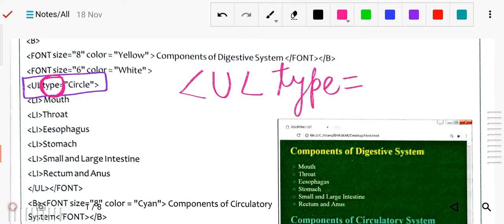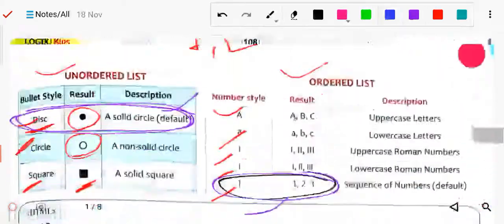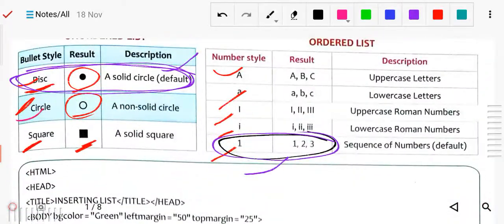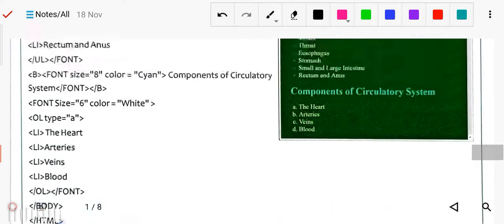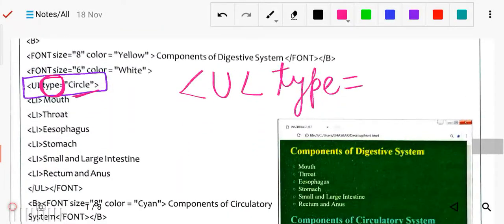So type equals to which type are we using? Circle. You see here the names are there: circle, square, and A B C D, which we will use. These are the values of the attribute. So here we are using the type circle. We will write circle here and close it in double inverted commas.